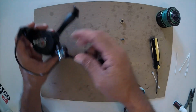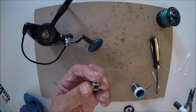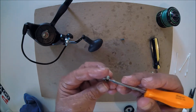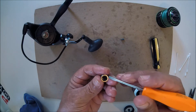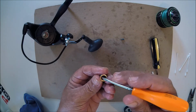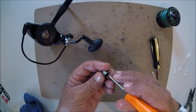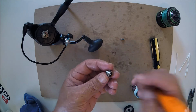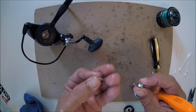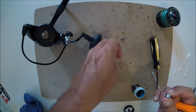Okay. And we're going to start working on the roller, the line roller itself. Now, the easiest way, you have a sealed bearing on one side, and you have a plastic O-ring on the other. So what we're going to do is we're going to go ahead and push the bearing out first, just like so. That's the bearing. That's what it looks like. It's a sealed bearing. Go ahead and set that aside,